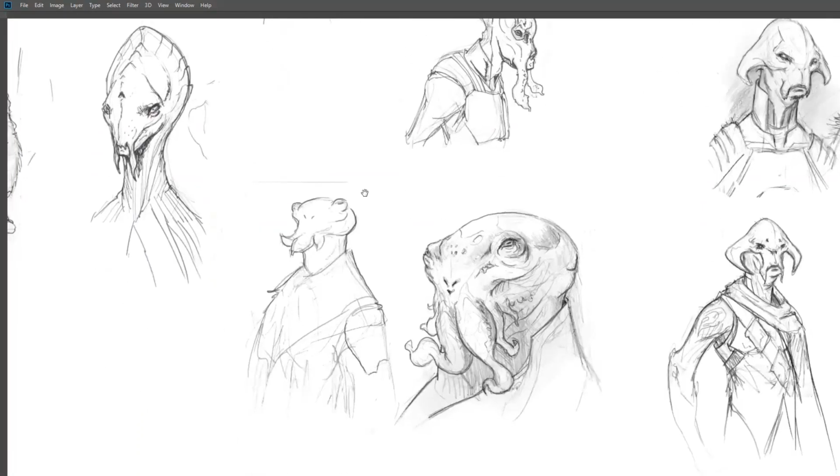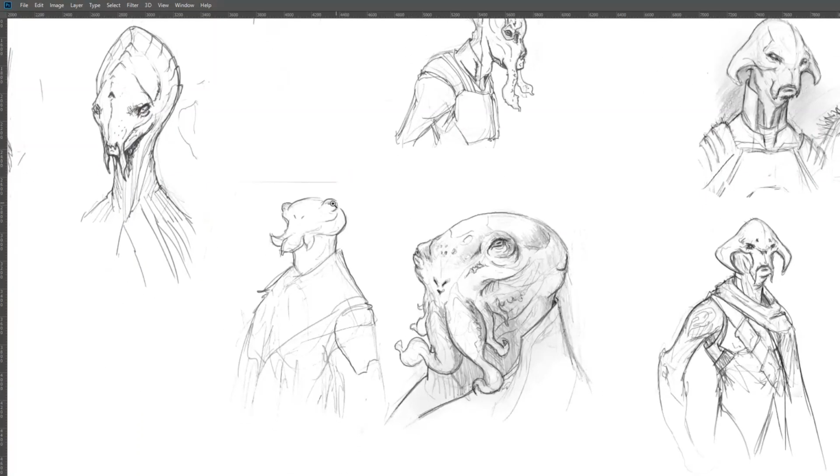I then did a quick sketch trying to add a little bit more sinister feel to that octopus idea. And I actually liked this idea. It's something I might still want to go back to and visit. It just looks like fun to sculpt. But I also thought it didn't really give me the humanity that we were kind of going for on this